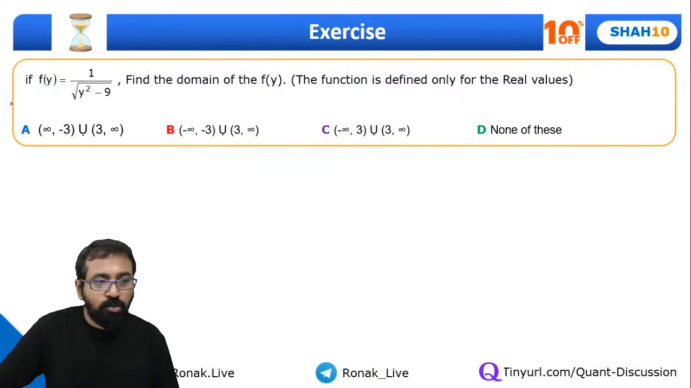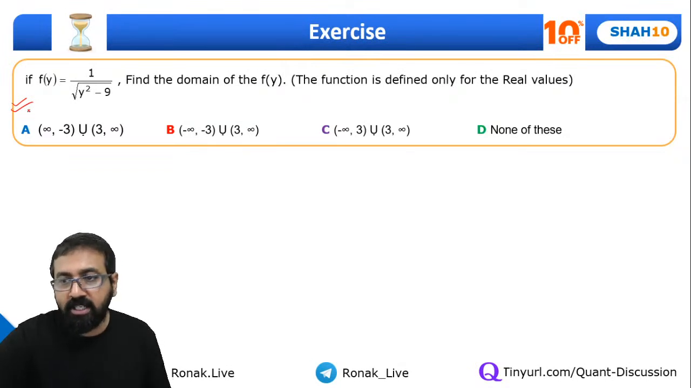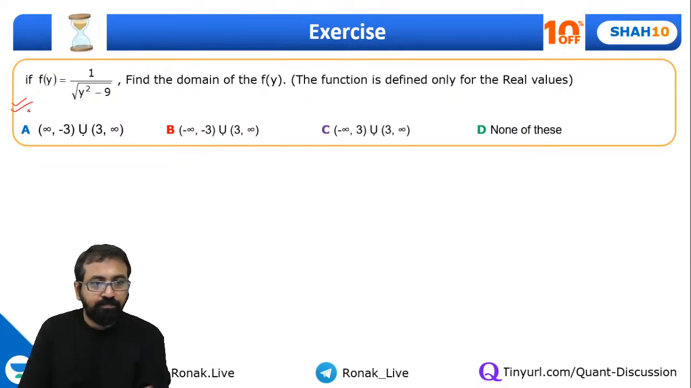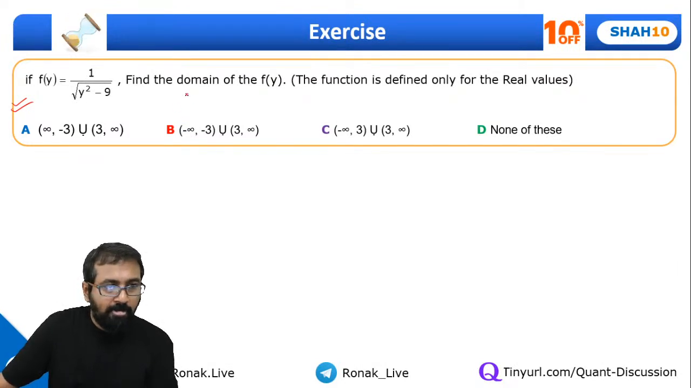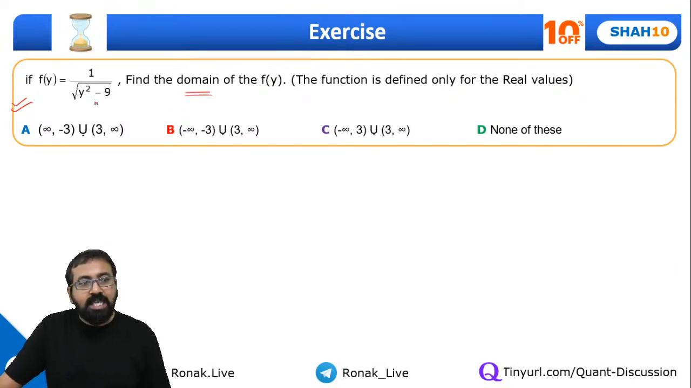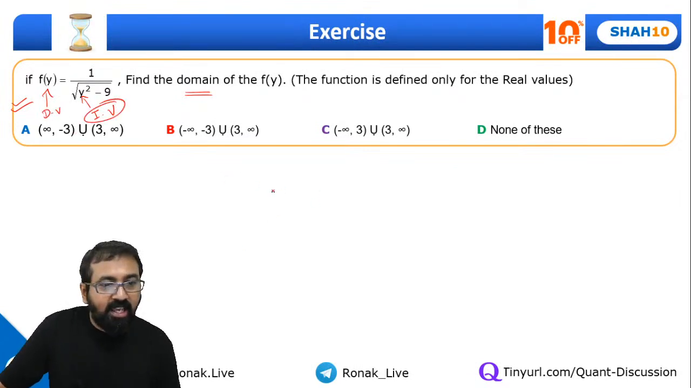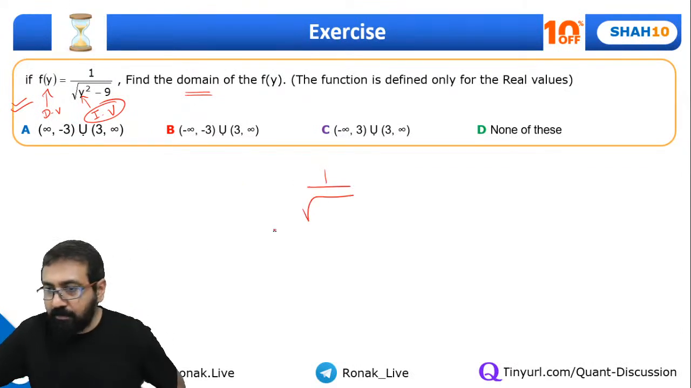So now please try this question, everyone, and tell me what the answer is. This is actually a simple question. You need to find the domain and range. You need to find the domain, by the way. What values can y take? Here, y is an independent variable and this f of y is a dependent variable. So what values can this y take? Can I say it's 1 upon under root of